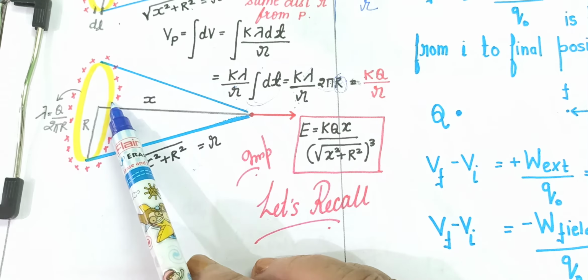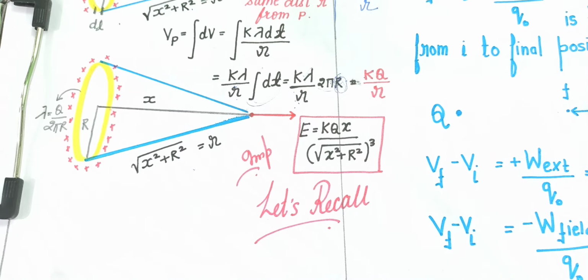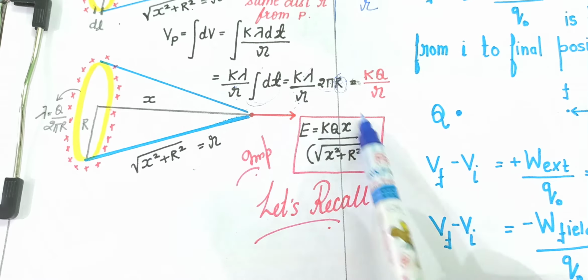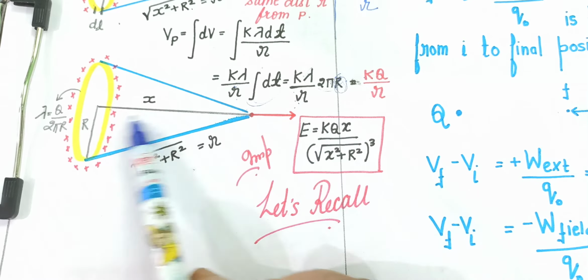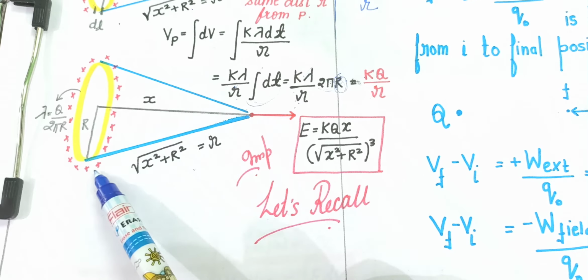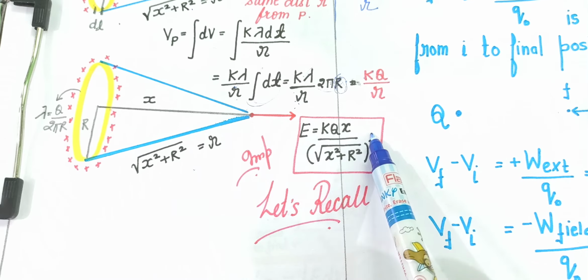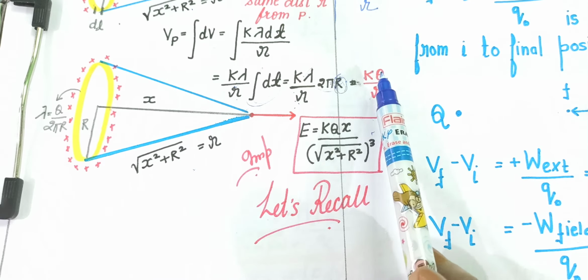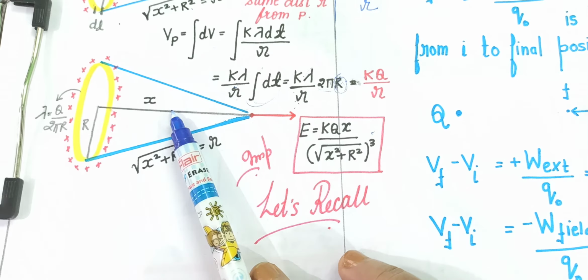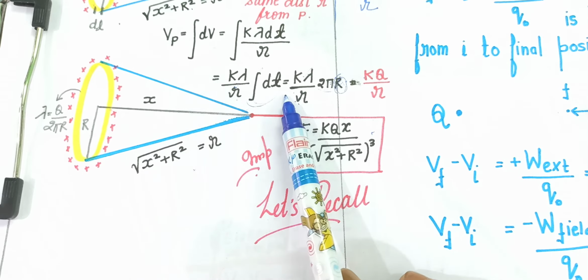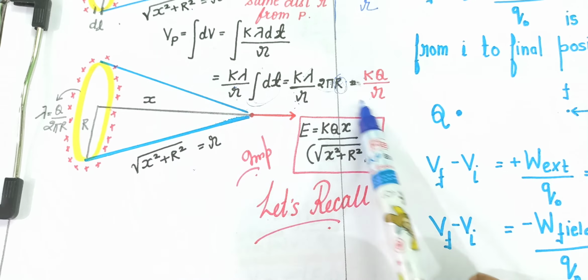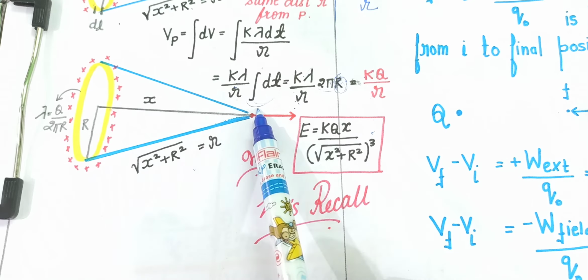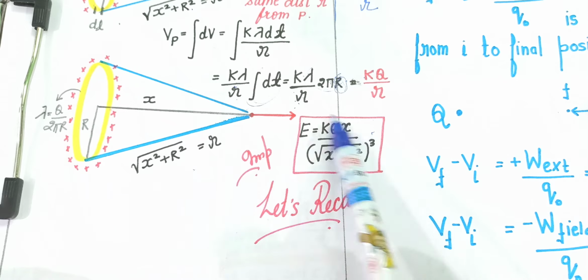And this was quite a lengthy derivation that we have done for the electric field. It was not so simple an expression. It was kq x upon r cube, right? So just compare them. This is quite a simple formula. We are having the same formula for the semicircular ring at the center, for an arc, for the whole ring, but on the axis also we are having a similar formula, except that this r is not the radius here, as the previous three cases were having. But this is the formula.